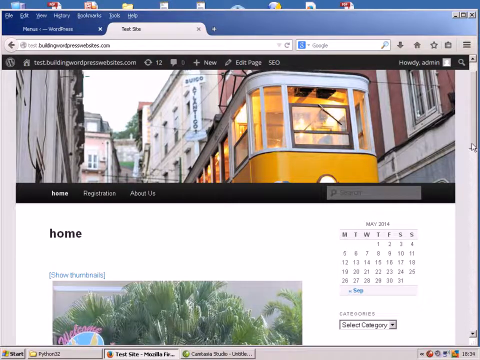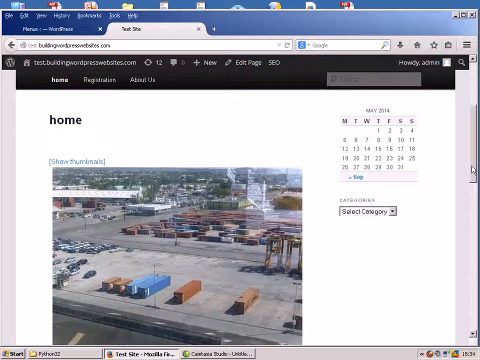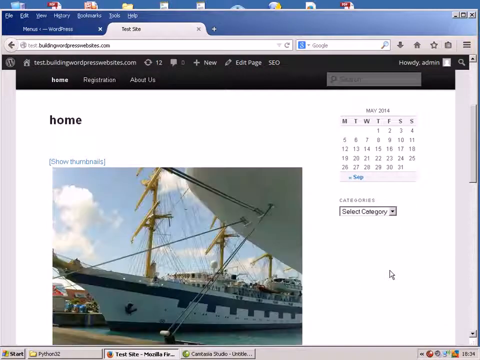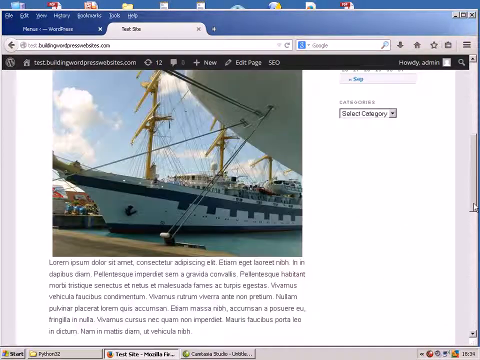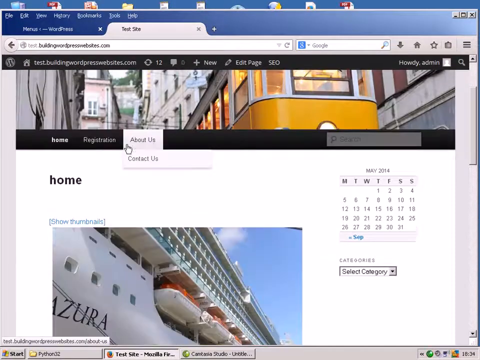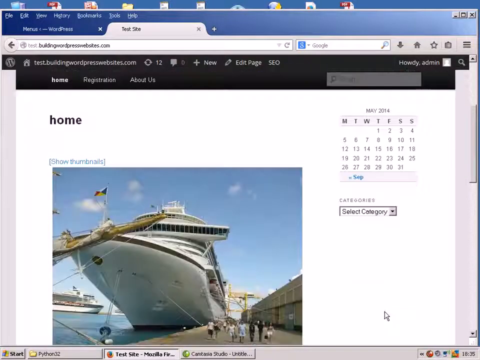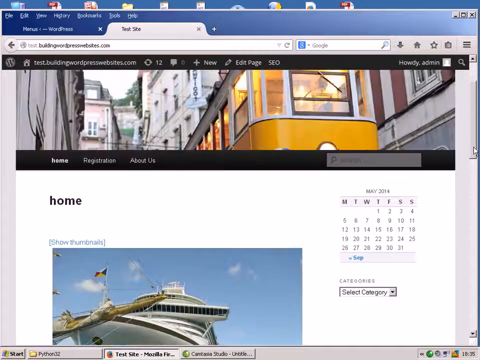Okay, now that is the primary menu. You can also have menus appearing in other places. Now the most common one is down in the sidebar here, and to do that you need to create another menu, or you can use the one here, but you don't normally use the same menu in the top and the sidebar. So let's create one for the sidebar here,